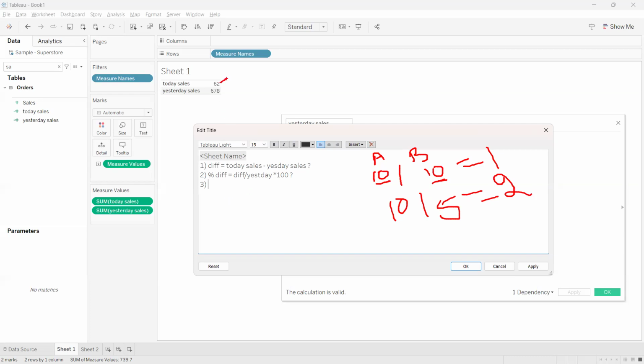Today's sales are how many times to that of yesterday's sales? That is the simple thing we have to do. That is like today divided by yesterday's sales. So another type of comparison we can do here is like,